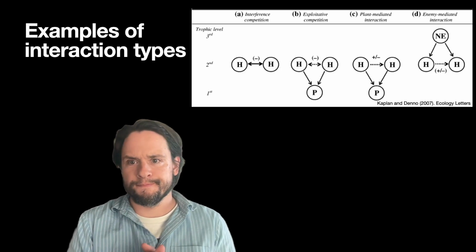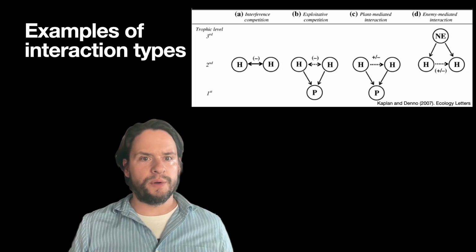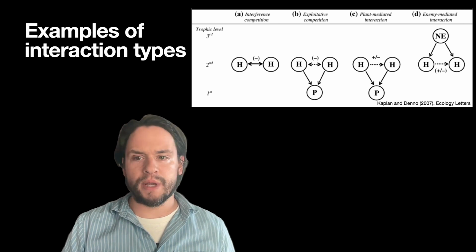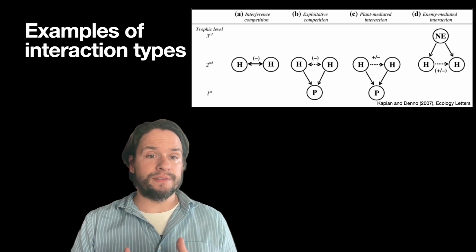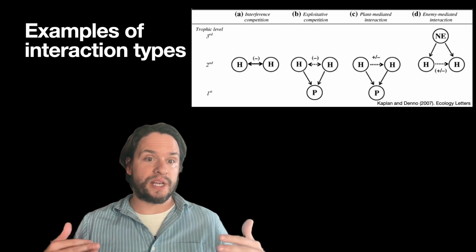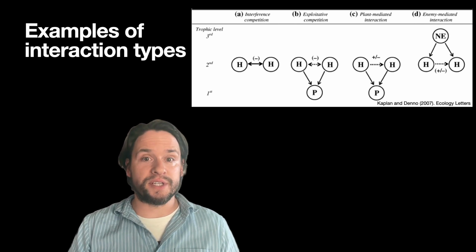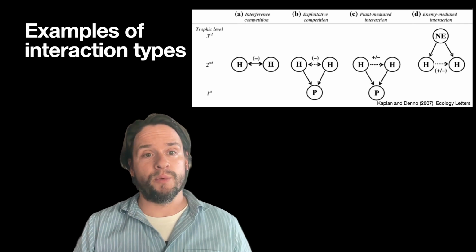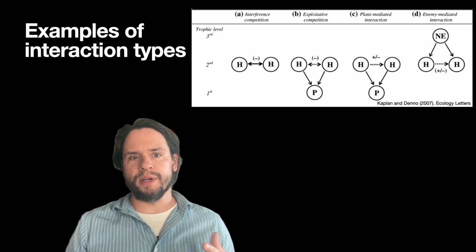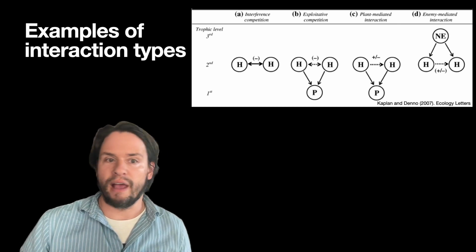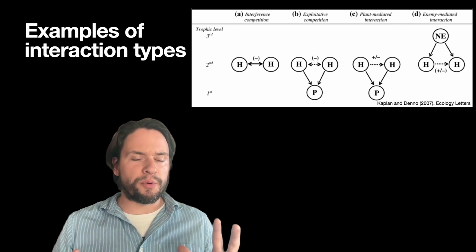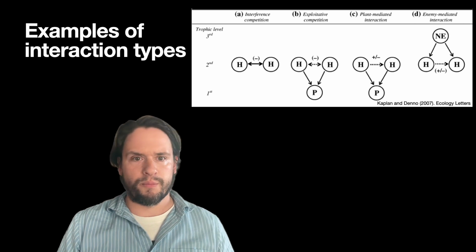Hello and welcome back. What I want to do in this video is revisit some of the concepts that you just learned about in the video with Claudio, thinking about different types of interactions and also the evidence for them, particularly the evidence for competition or non-competitive interactions within herbivores. I'll flesh those out a little bit, revisit the definitions, and give you some examples to help these concepts stick. If you're super familiar with these, you can feel free to skip through this video